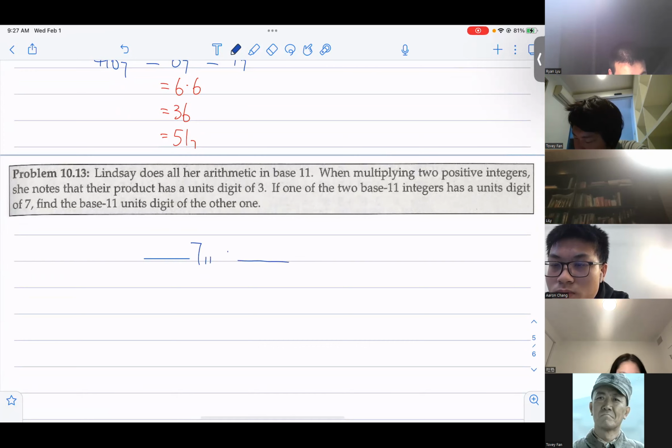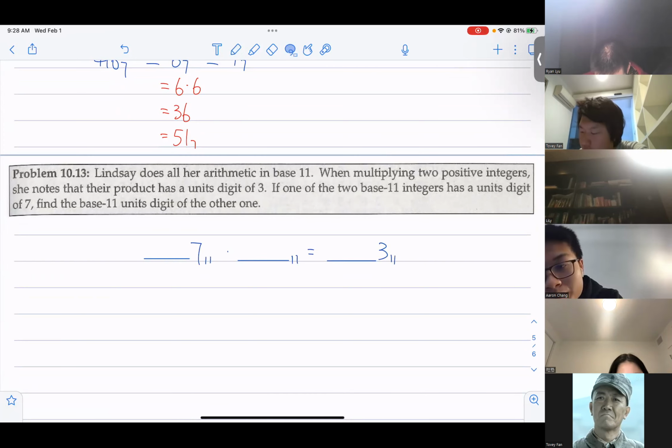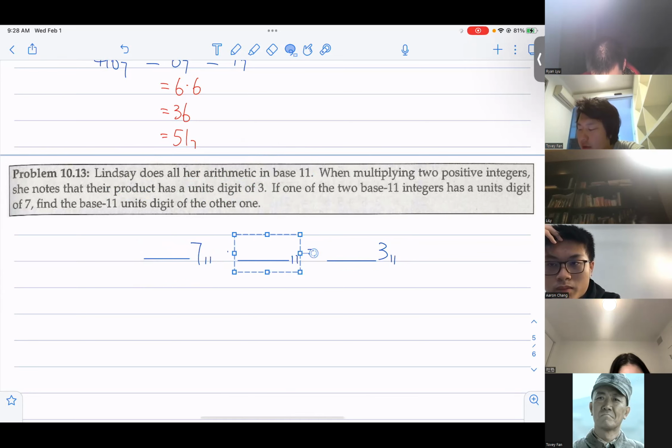这个是要找什么呀？这个题目看懂，我把它写下来。那说的是 arithmetic in base 11，对吧？在 base 11 中做算术，做个乘法，乘法的结果，unit digit 是 3，没问题吧？两个数，其中一个数是以 7 结尾，乘以另外一个数不知道，最后得出来结果是以 3 结尾。问你另外一个数的 unit digit 是多少？